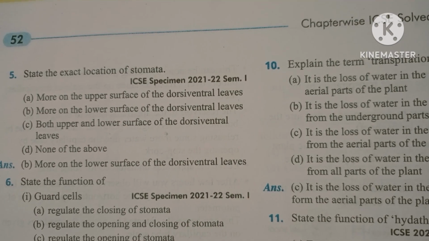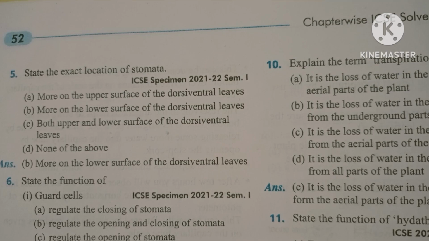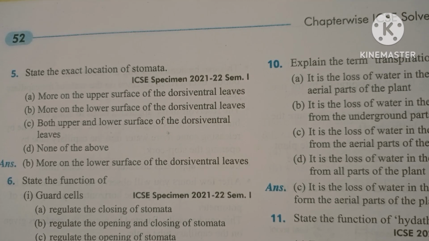Dorsiventral leaf কাদের আছে? ডাইকট প্ল্যান্টে। তারপরে ডরসাল সাইডেও স্টোমাটা থাকে, ভেন্ট্রাল সাইডেও স্টোমাটা থাকে। ভেন্ট্রাল মিন্স লোয়ার সারফেস, ডরসাল সারফেস মিন্স আপার সারফেস। তো ডরসিভেন্ট্রাল লিফের ক্ষেত্রে লোয়ার সারফেসে বেশি স্টোমাটা থাকে।